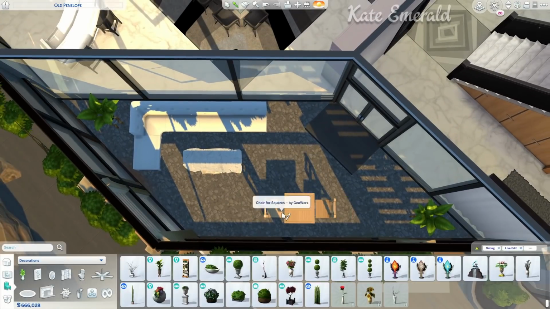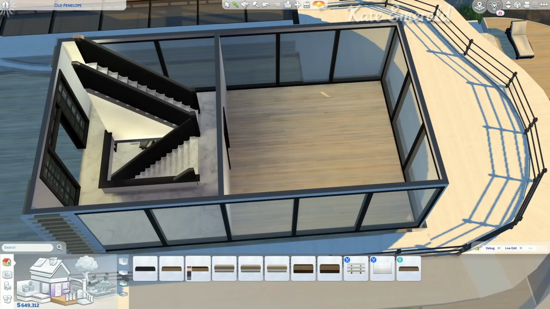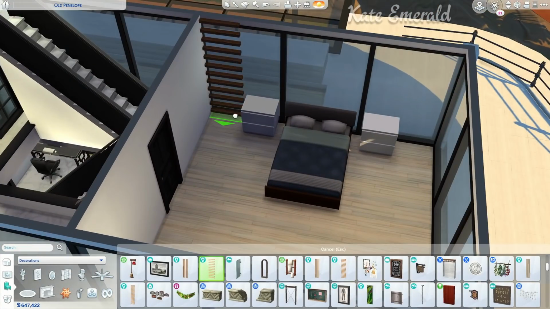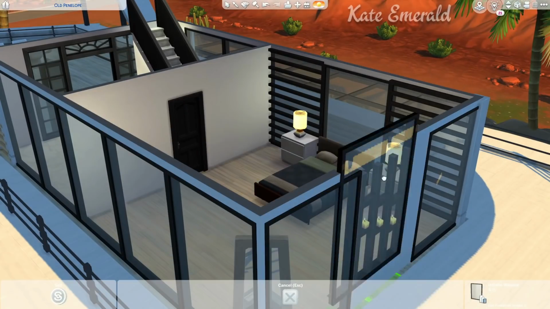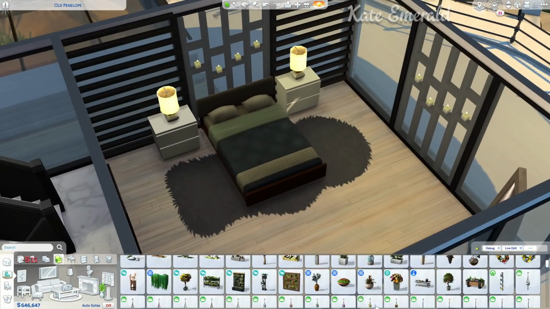And I just added a sofa and a table. Your Sims could just have dinner there if they want to enjoy the nice weather or something, but they are still protected from the weather at the same time, so they could also enjoy it when the weather is bad technically. And here you can see this candle thing, and it goes into the wall,